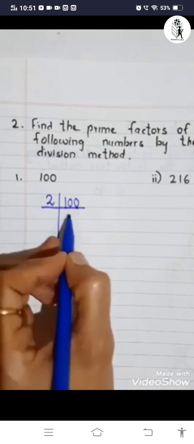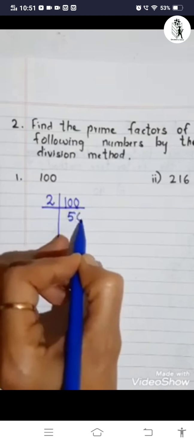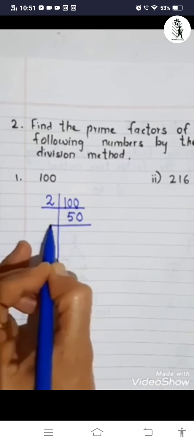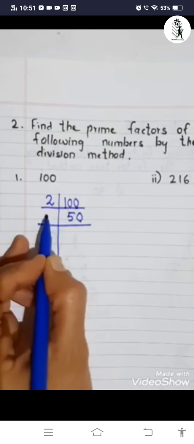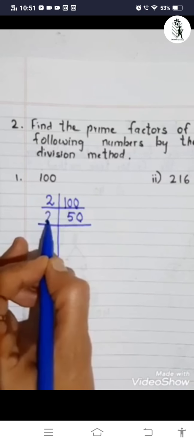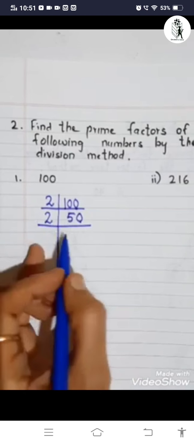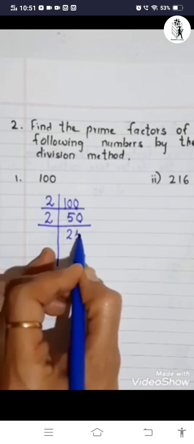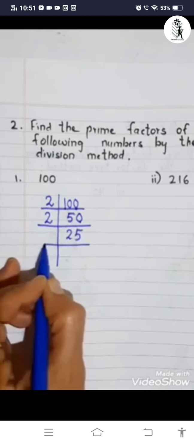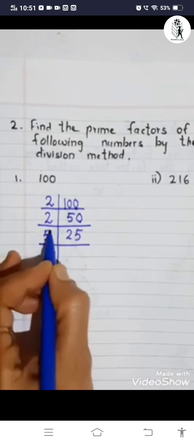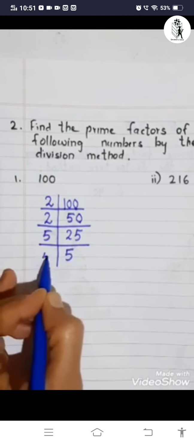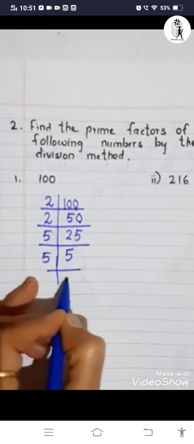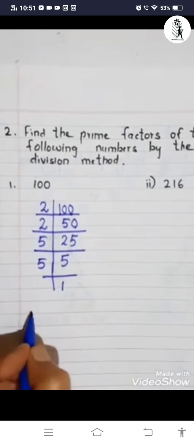Okay. Now 2 5s are 10 and 0. Again what do you do? Again look at the last digit. Now here you can start with 5 also, but I'll continue with 2 since I have started with 2. 2 25s are 50. Now 5 5s are 25 and 5 1s are 5. Correct?